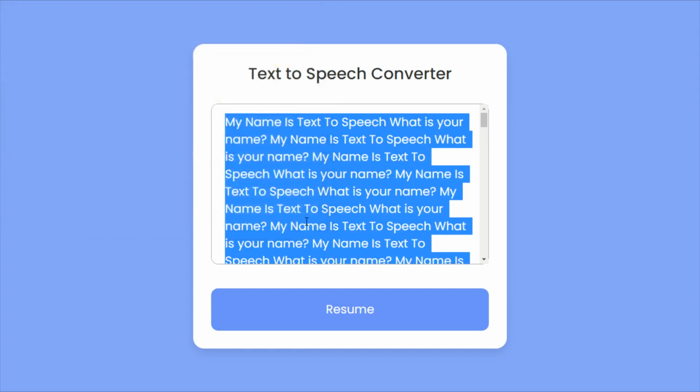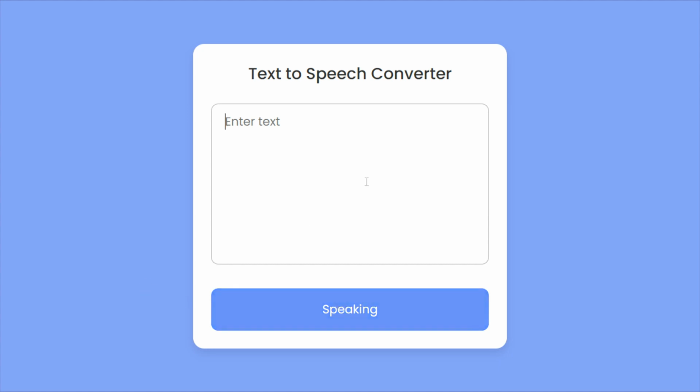Okay. So here you can see we're building that easily as a text to speech converter in HTML, CSS and